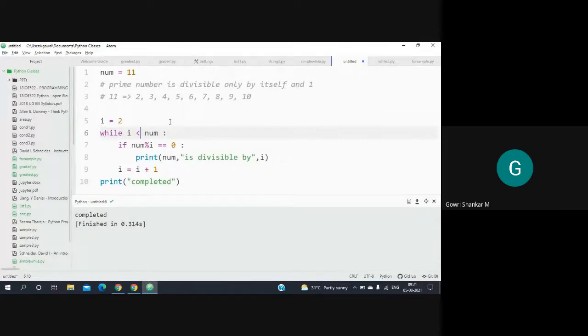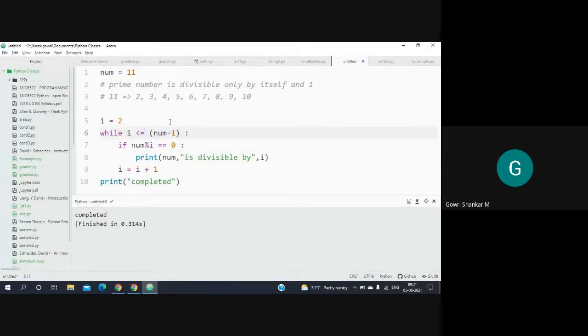And what is the upper limit of this? So that you can decide. Either we can go up to num, say lesser than or equal to num. In that case, it will be divisible by that number, so we will lose it. So the condition will be i lesser than num, or i lesser than or equal to num minus 1. In the previous case, this equal to is missing.